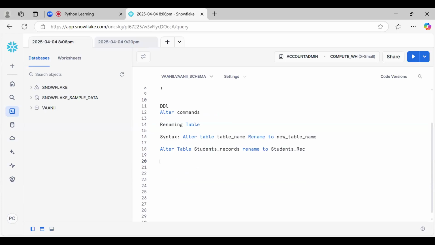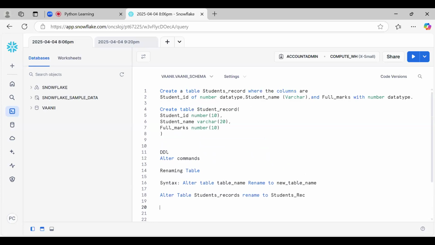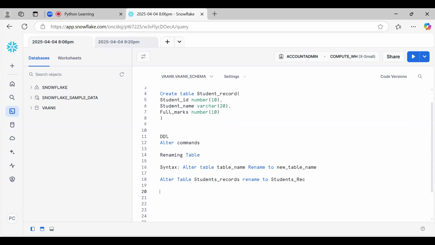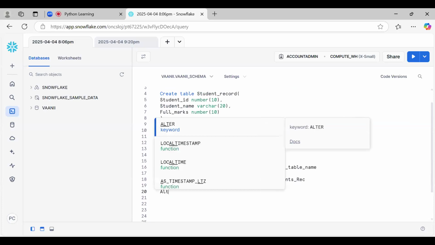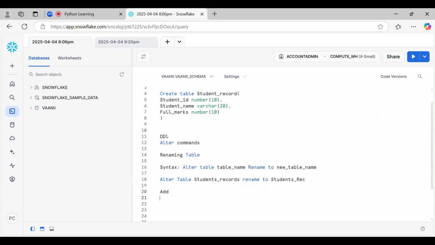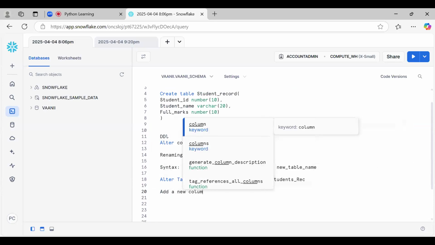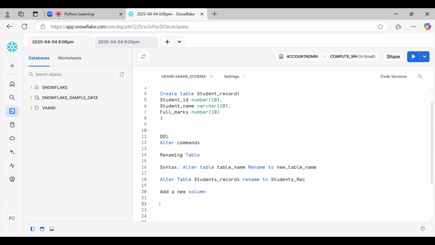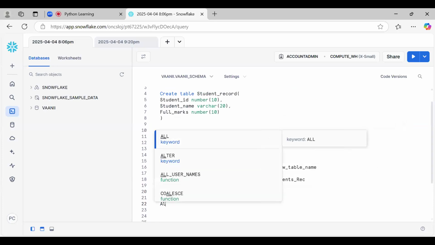So first table we are done, right? Now we'll come to the columns. We have these three columns. Now if I want to add one more column, how can we do that? We again have to add a command, for adding a new column. Okay, so we can do it. First I will write the syntax, then we can do it.